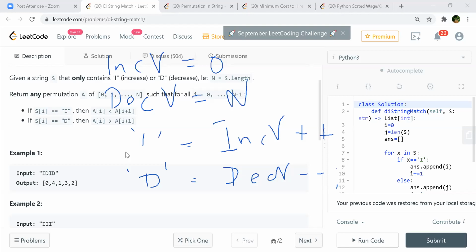So first time when you see an I, do you put 0 or do you put 1? I will put 0, the least value. After putting it, you are incrementing it, right, because it's the post incrementer, and post decrementer for D. So what advantage does putting the least one give? So that in future you won't have trouble, right? Yeah. We could have taken 1 also at I, but we may face trouble in future if another I comes in. Yeah.